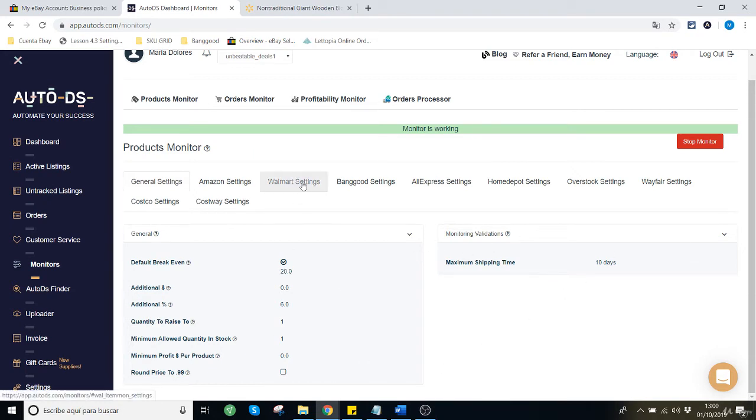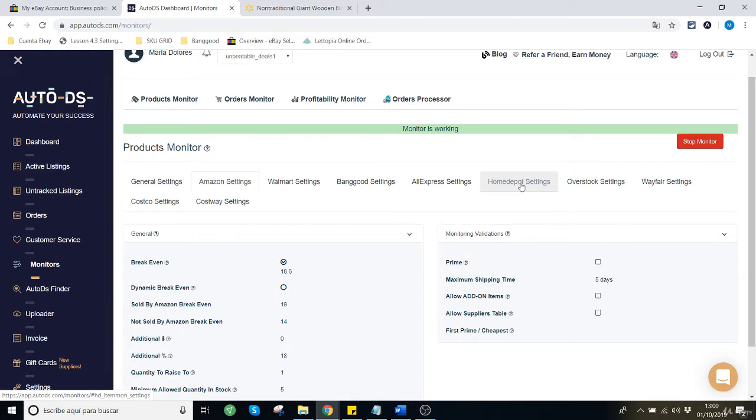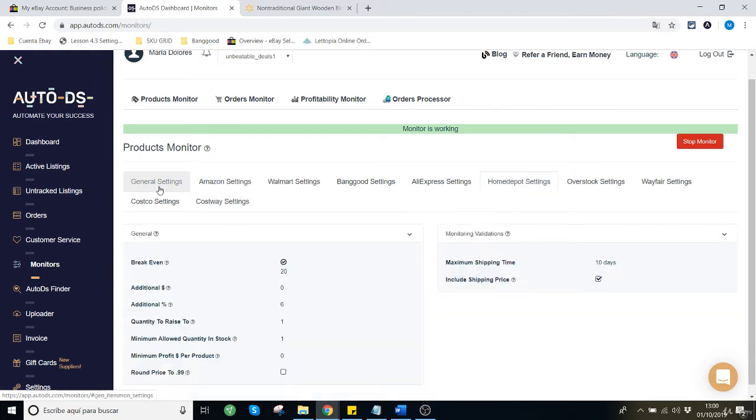But if you set up different settings for Walmart, for example, those settings will overrule the general settings. These can be set up specifically for the supplier you are using, and I will show you later, because I will configure some of these suppliers. But first, let's focus on the general settings.